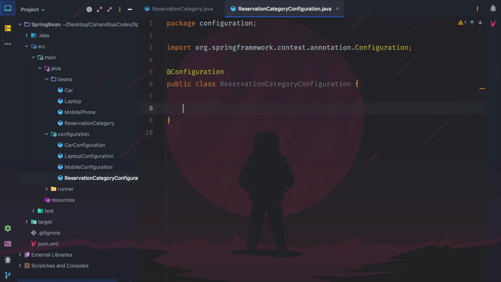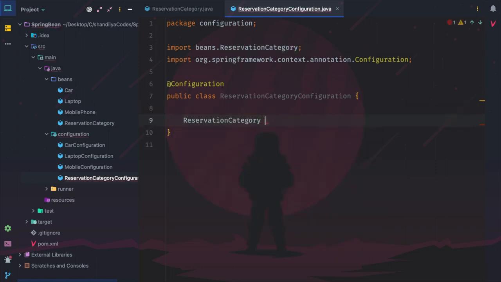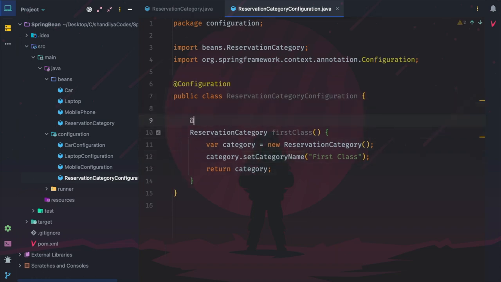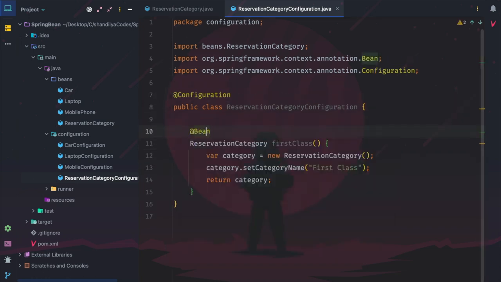Now we will be creating 3 beans inside this one. So the return type would be reservation category. Maybe the first one is called as first class, and we create the category object, initialize with the reservation category, set the category as first class, return the category. In order to make sure that this is getting registered as a bean, let's annotate this with bean, and let's make a copy of this